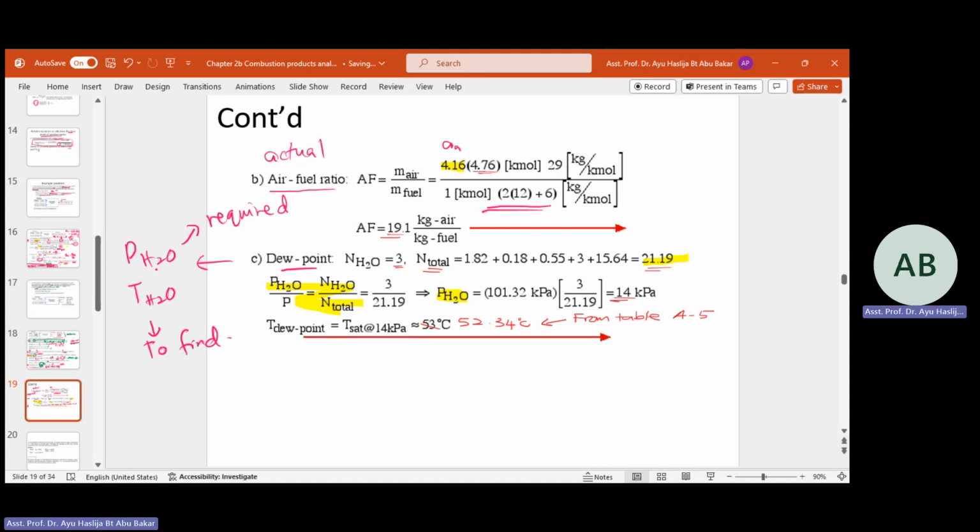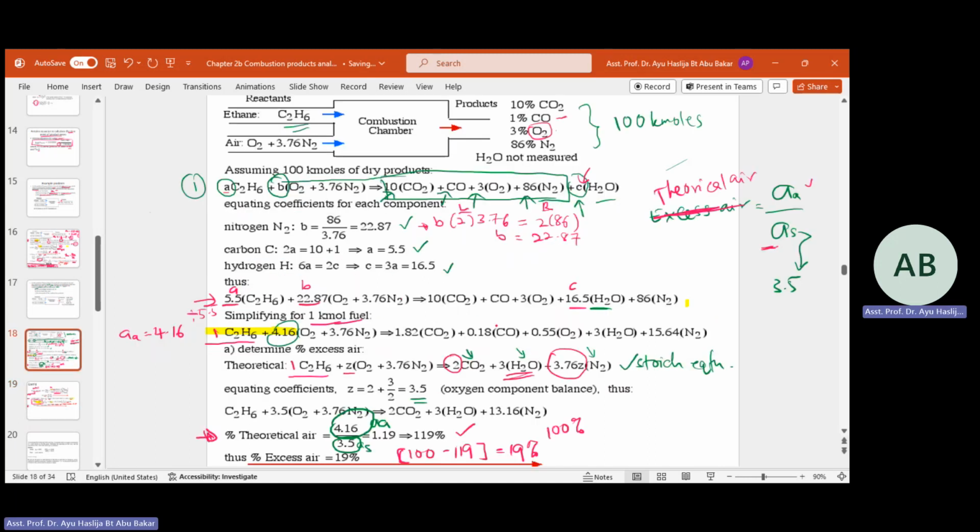Okay, macam mana nak dapat PH2O? By using this equation. Kita samakan dengan mole fraction of the H2O. Okay, first thing, identify first which equation to be used. So now we identify this. So you need the infos of NH2O and total. And here is the mole. Okay, N mole. So NH2O tadi kita dapat 3. Okay, how we get 3 from the